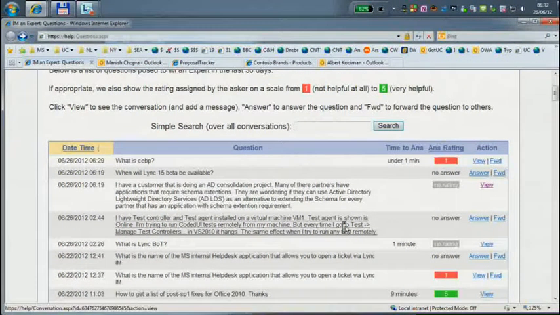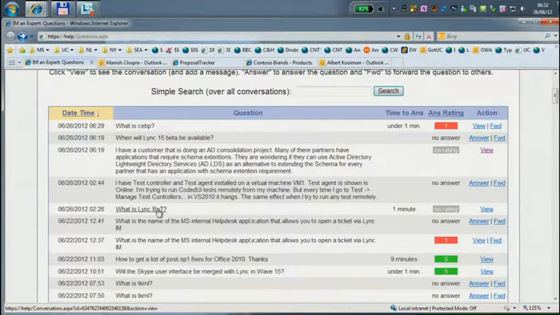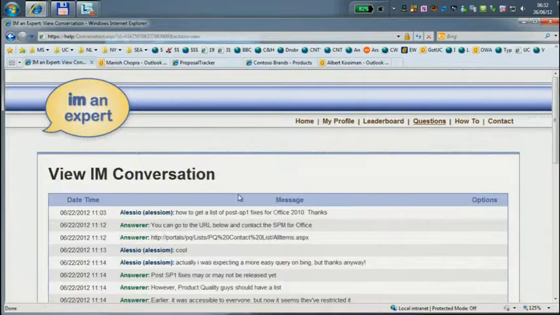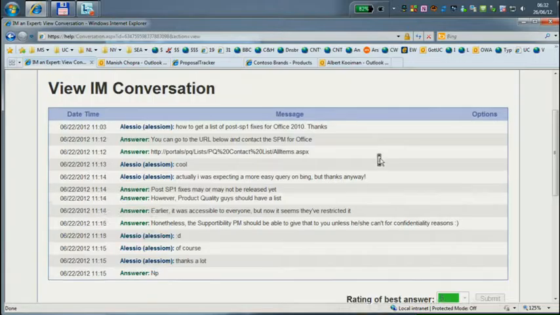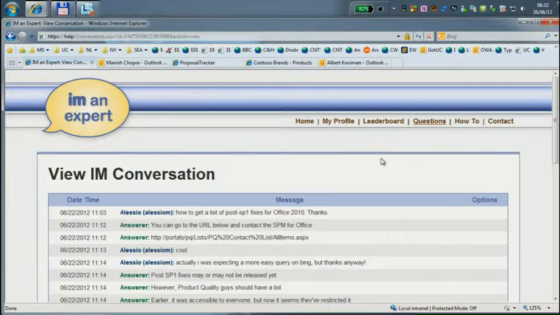Let me actually see if there is an answer. What is Lync BOT? Let me see. Here's a real example. So go to portals list, and then all items, cool, thank you. And this is then also answered with a 5, right? So we keep those answers, and although I'm not supposed to speak about the next version, this technology is going to be enhanced so that you can create frequently asked questions from all those questions that are being asked.